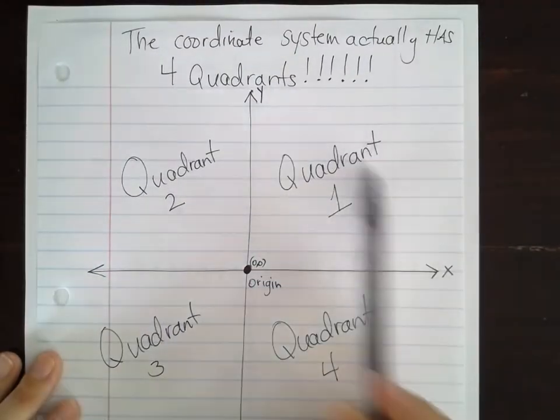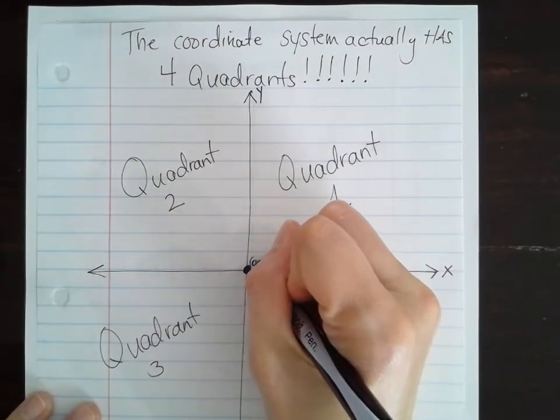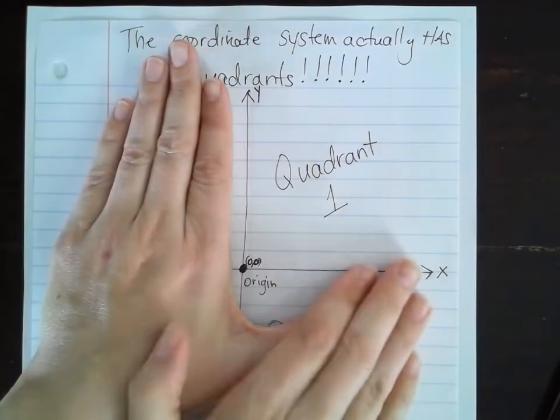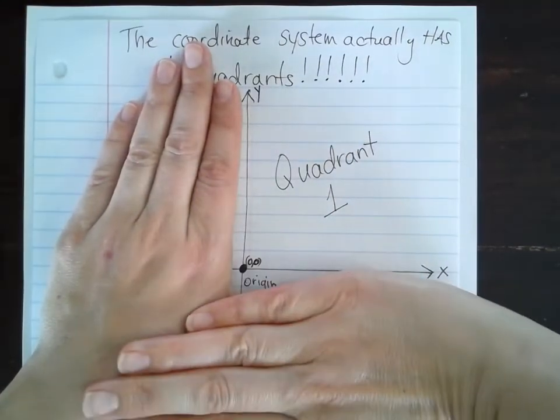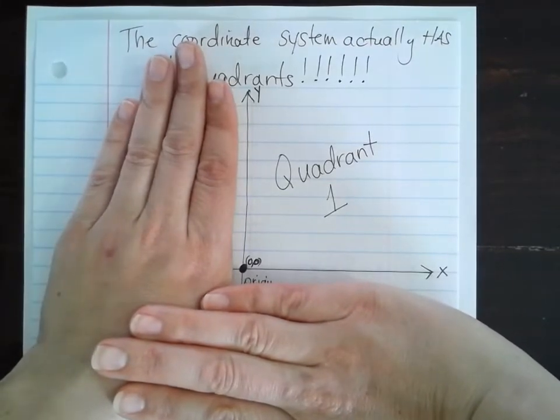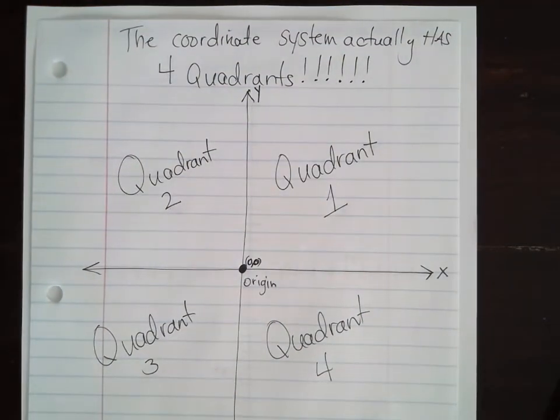If you need to pause the video, now's the time. By the way, that says 0, 0, the origin, still there. And remember, you all just see this when you're in elementary school. You all just see that quadrant right there, and it's always positive numbers. Guess what? We're going to be working with negative numbers today. I know, how exciting. Okay, so go ahead and pause the video, get all of that copied, and then I